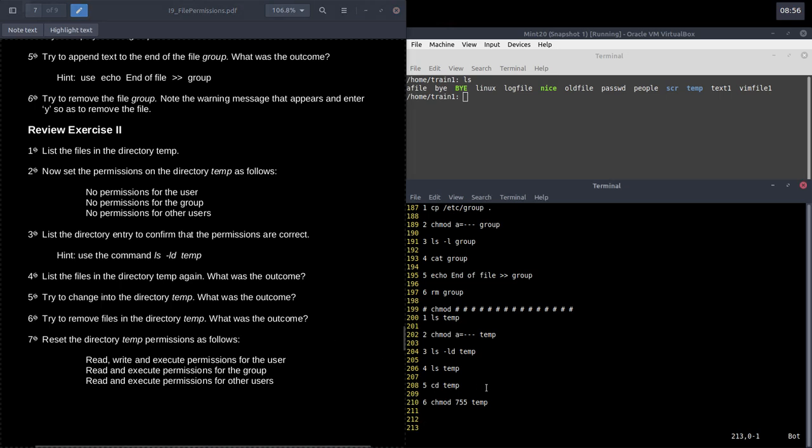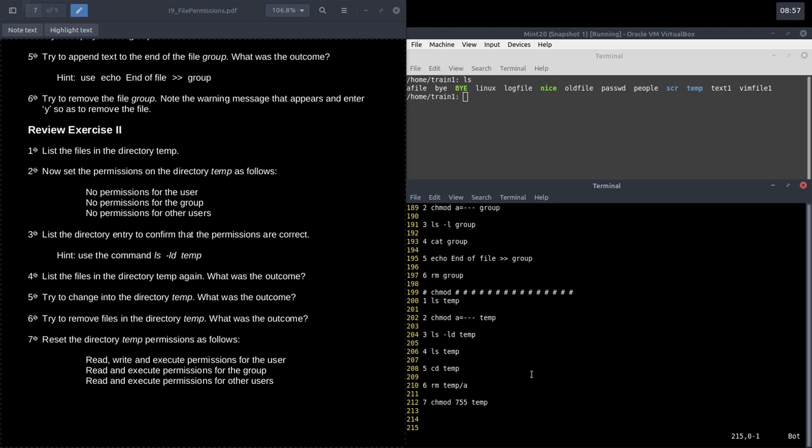That's not right, is it? Beg your pardon. So I'll just correct that. I update these sometimes. I must have forgotten to update the solutions. Number 6 would be rm in temp. There's a file called a. That will fail. And then number 7, reset directory permissions to 755, and then you should have your directory back as it was. That's the end of the solutions,